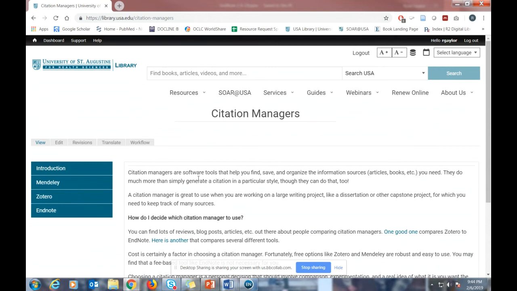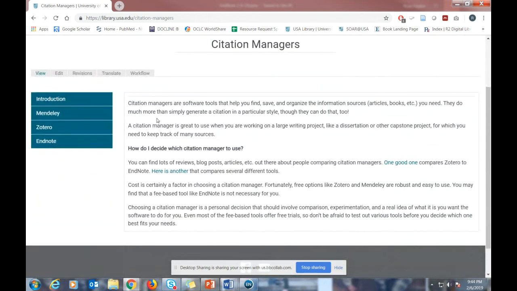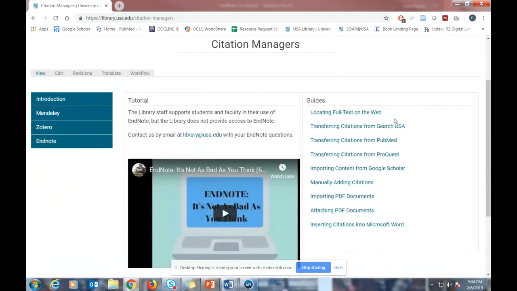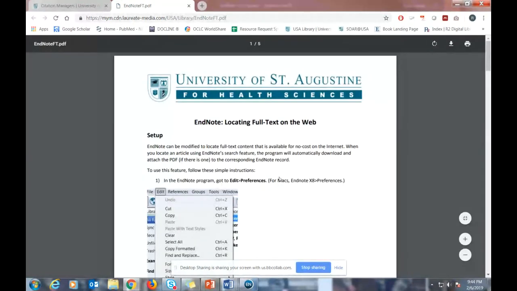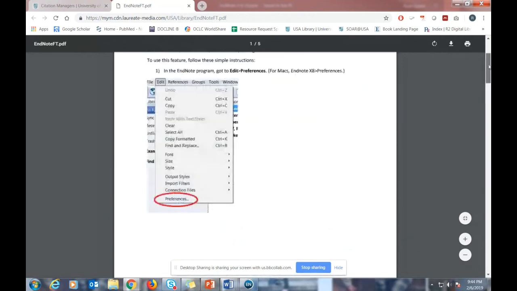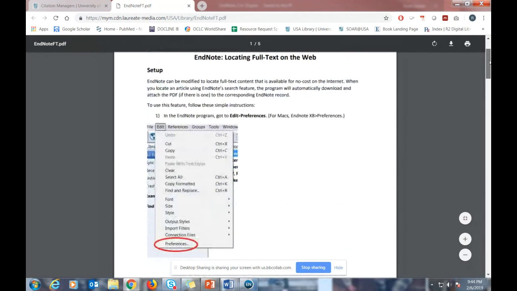Now we have the introduction to the citation managers that we support, but the one that you'll probably, of course, want to take a look at here is EndNote. So the EndNote tab, you can click on that, and much of what I'm going to talk about in the next few minutes, I'm only going to limit it to a few of these, but most of these are sort of miniature guides that I have, pretty much with screenshots, detail, from place to place. Like this is the one for locating full text on the web that I just did a minute ago